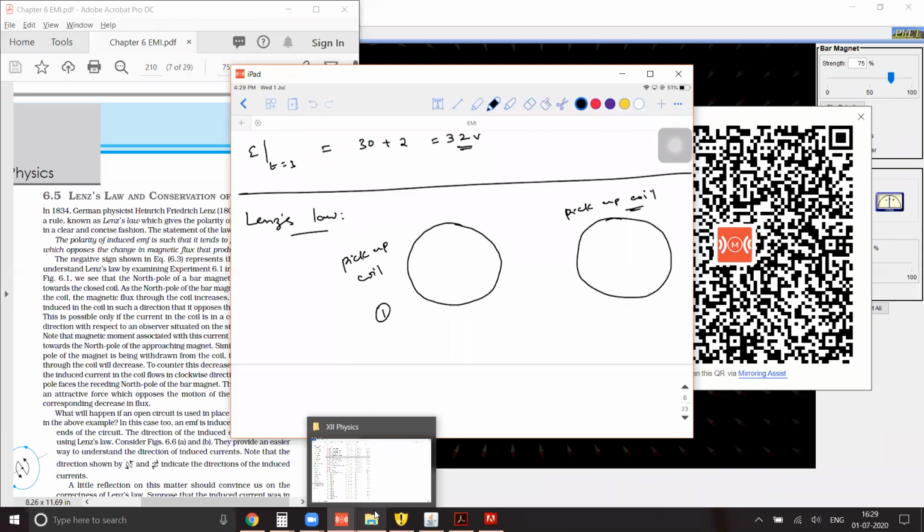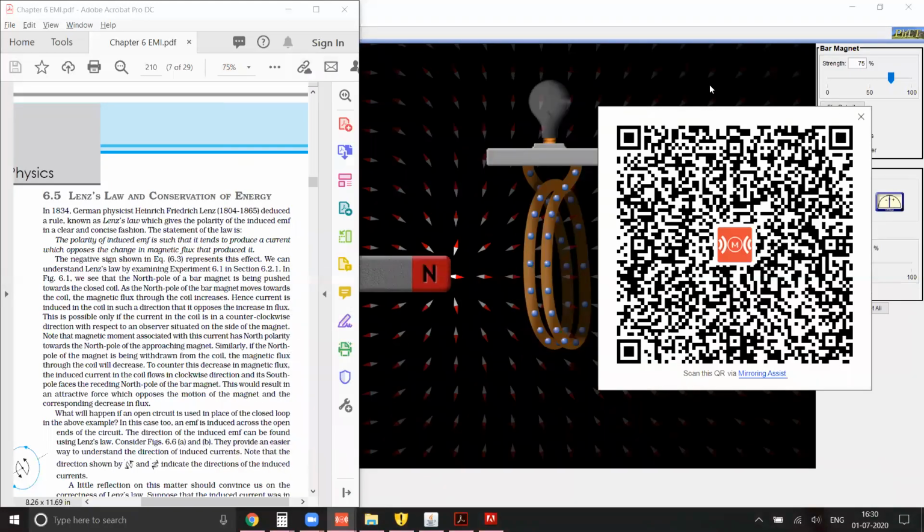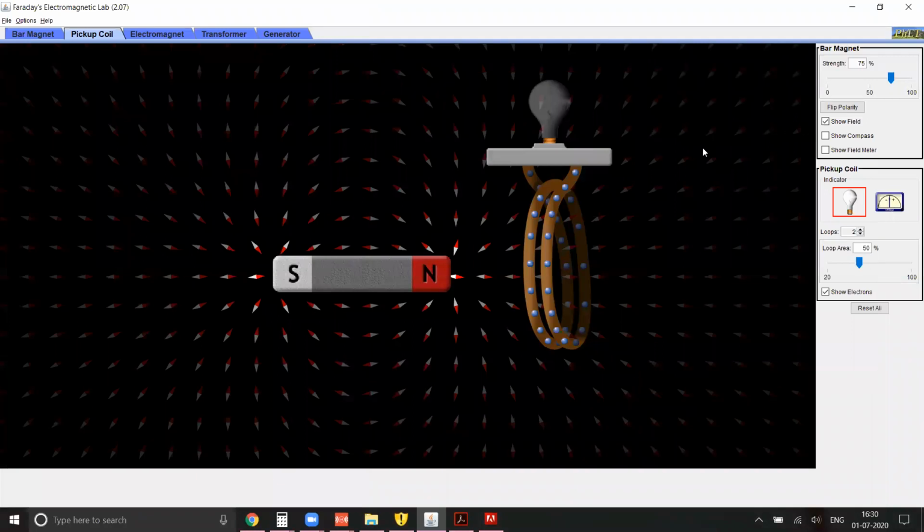It's very simple. You need not hesitate at all. Whenever the pole is moving towards something, the field will increase, so flux will increase. As simple as that. Since the nib is moving towards the paper, the flux is increasing. Is it always like that when the north pole goes inside, the flux increases? Not only the north pole; even if the south pole is going, the same thing happens.